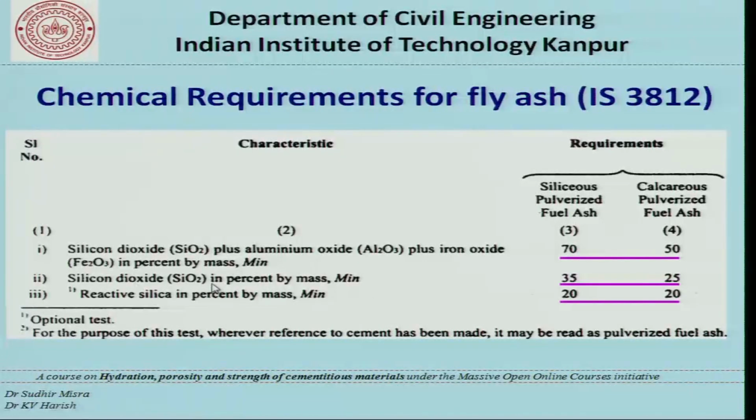Now in addition to the silicon dioxide expressed in percentage by mass, we also have the minimum amount of reactive silica that should be present. Remember that even though the silicon dioxide could be substantial, only some portion of the total amount of silicon dioxide will be reactive in nature. This reactive silica is what actually takes part in the pozzolanic reaction which we saw in the previous lecture. So it is only the reactive silica that will take part in the pozzolanic reaction, either at the early stage or at a later stage depending upon the fineness or particle size of